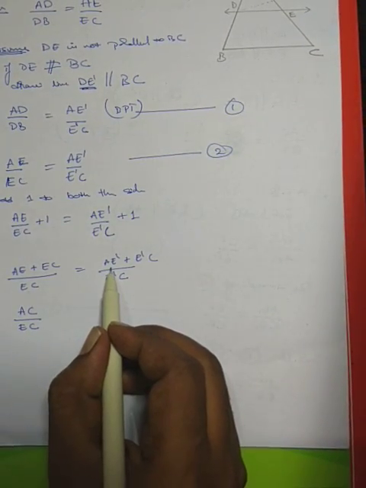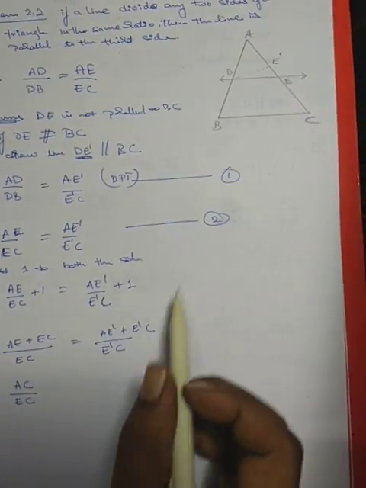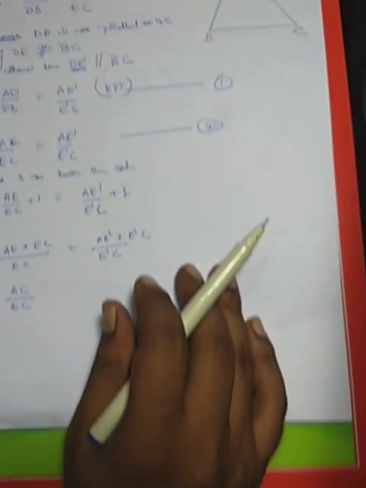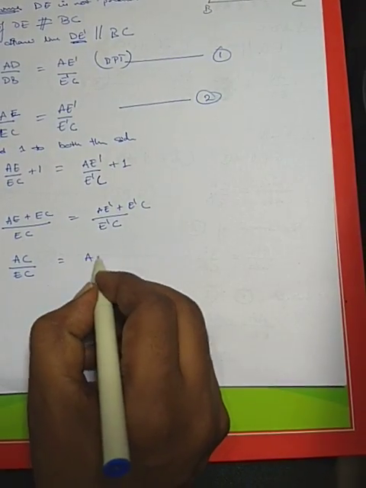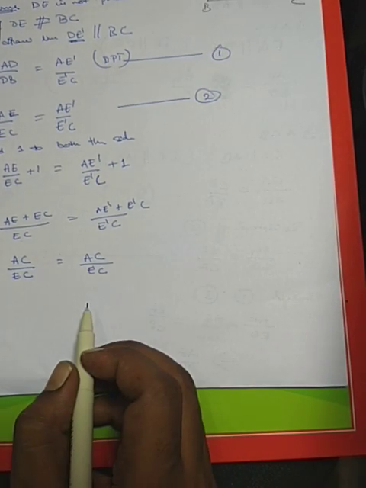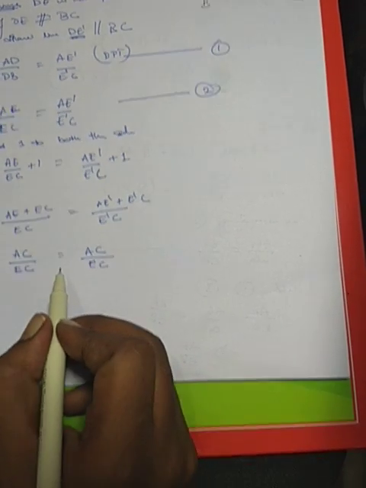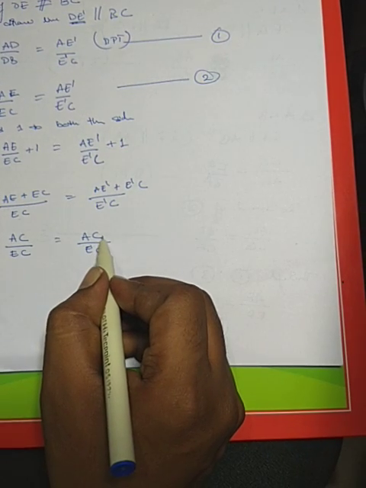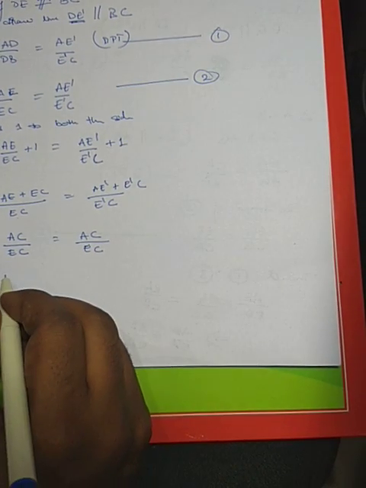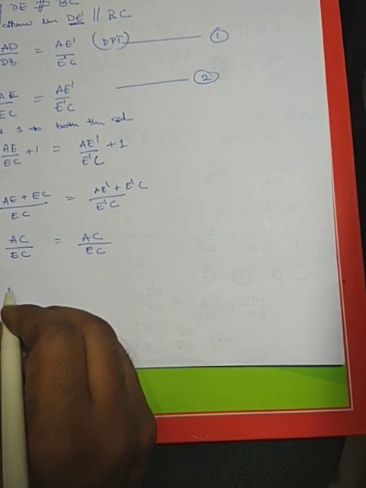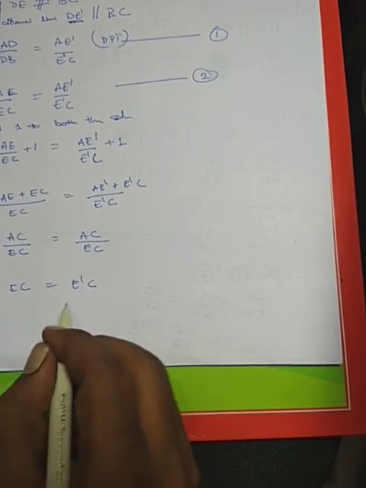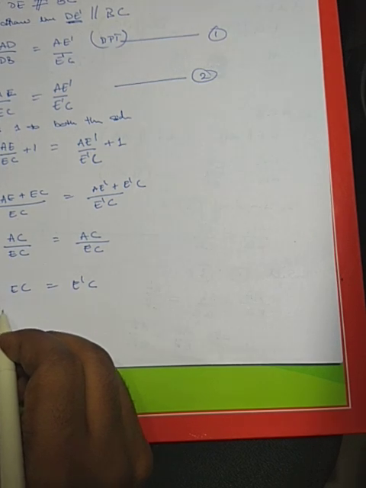And AE dash plus E dash C is again AC, so this is AC over E dash C. If the numerator is the same, then the denominator is also the same. It cannot be different. Therefore EC is equal to E dash C,